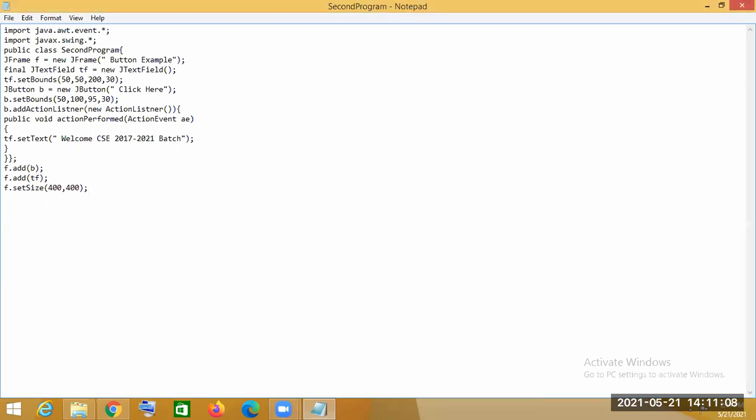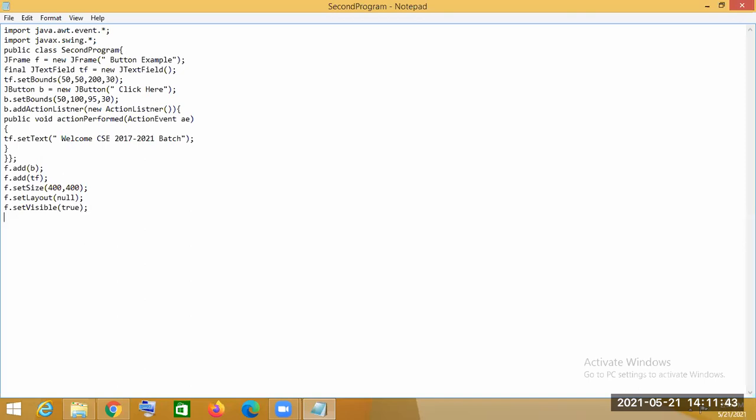Then f.setLayout means which layout will be chosen. We are using null. And after that, setVisible, which decides whether our frame will be visible or not.